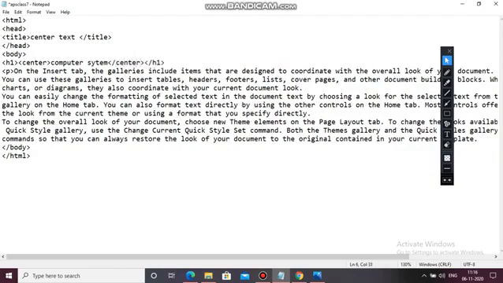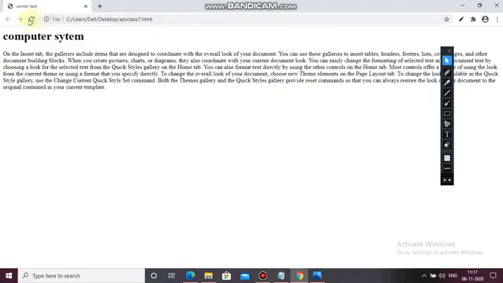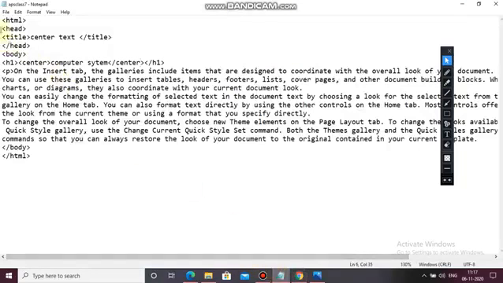If you do any changes in your text editor, then first save it with Ctrl S and then come to your browser and refresh it. See, the change has been done. Now it has been aligned to center. So this shows that using center tag you can align your text in center. I hope it is clear to you all.